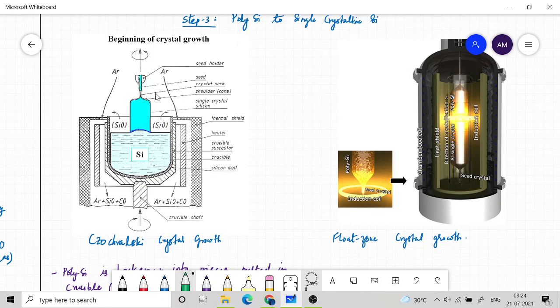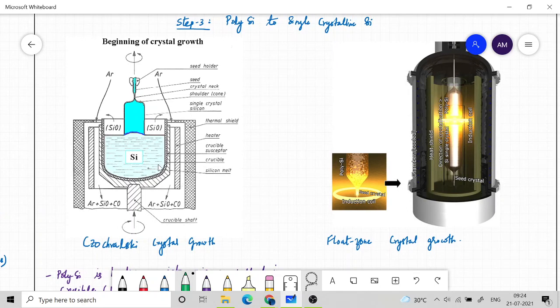Okay, and also the rotation speed. Okay, because there will be some centrifugal force which will limit the diameter. So this mechanical movement, which is the pulling rate as well as the rotation speed, angular speed, together they will decide what is going to be the diameter of this solid silicon cylinder. Okay, and we call that solid silicon cylinder an ingot, INGOT. Okay, so this is the first method.